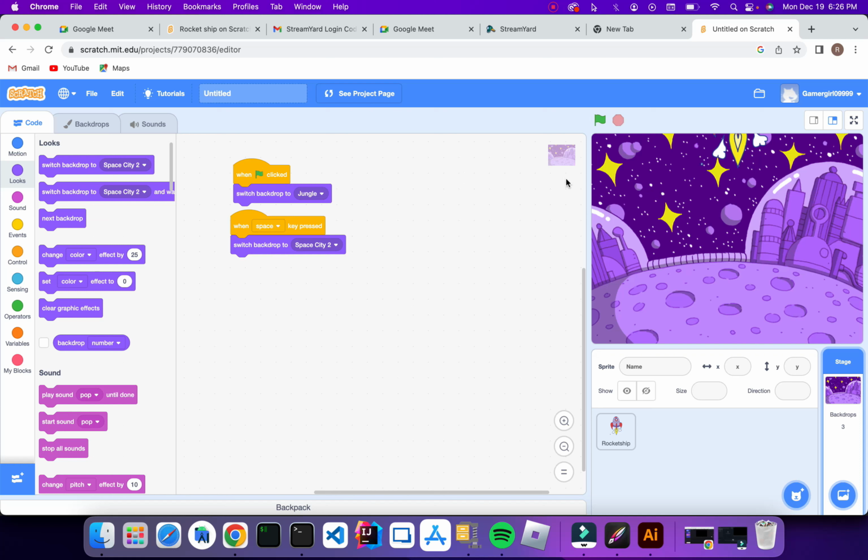Now, once we're done with the project, what we have to do, we just come above and we change the name of our project. For example, I want to name my project as rocket ship. I'll just name it, and then I'll go to the file option above, click on it, and then go and save now. Now my project is saved and I can access it whenever I want to. So yes,